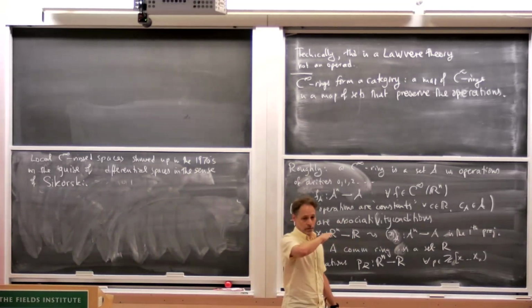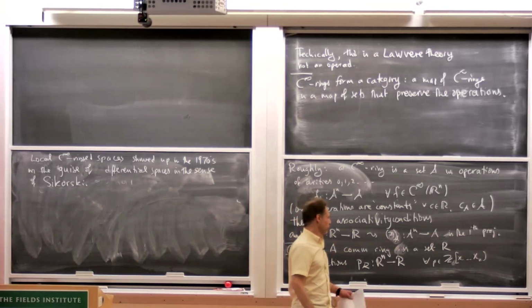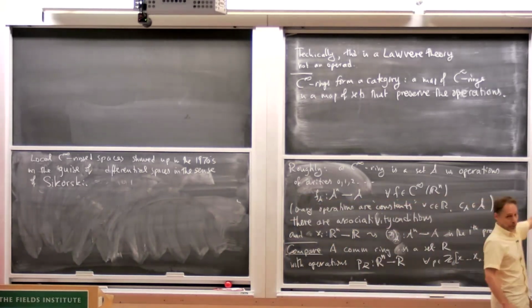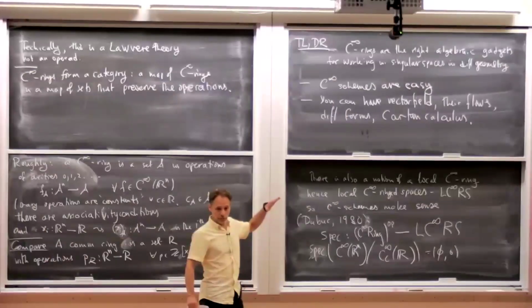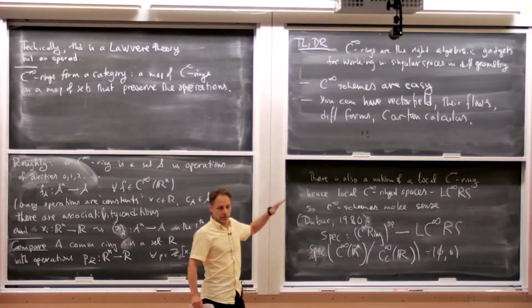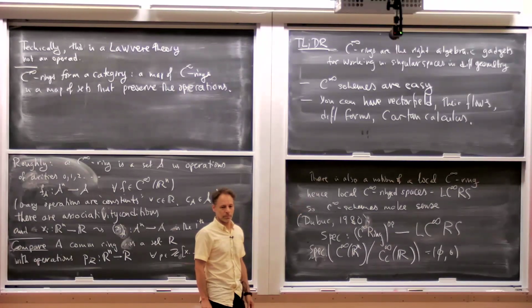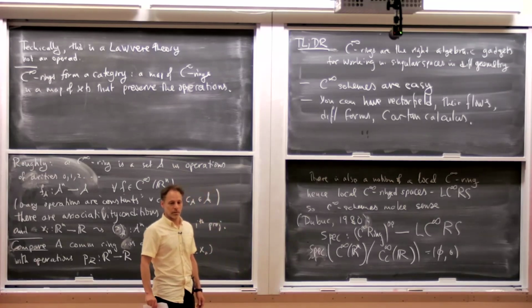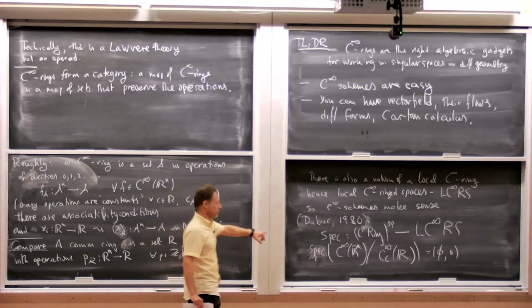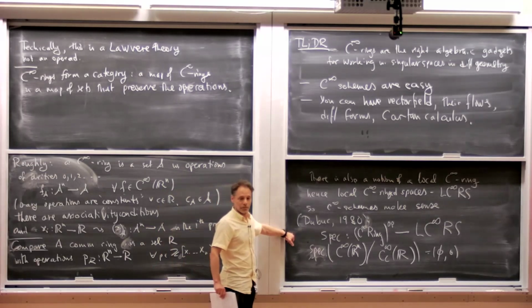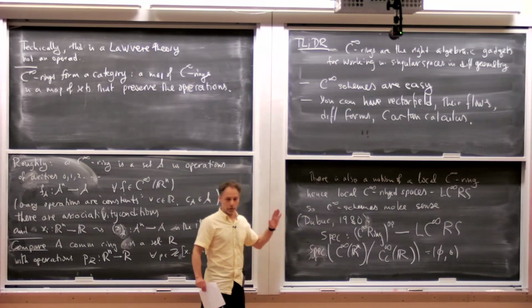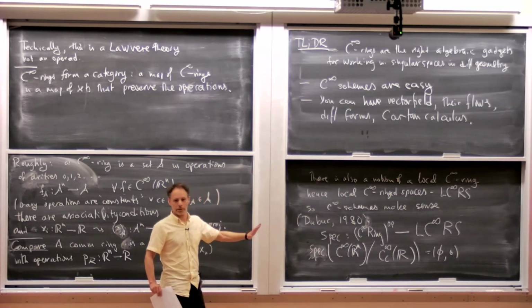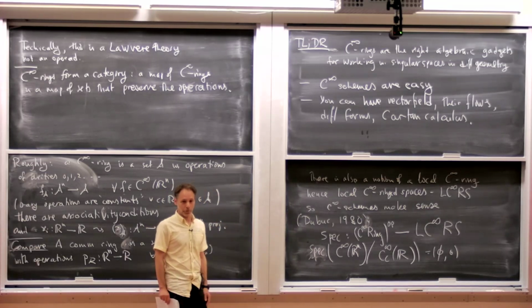So what's a local C-infinity ring space? It's a topological space with a sheaf of C-infinity rings, and the stalks are local rings. You need local rings so you can talk about morphisms. You said this is not your ordinary garden variety Spec. This is a completely different Spec. Sometimes in algebraic geometry you think about prime spec and max spec. Right, so not prime spec, not even max spec, just R points.